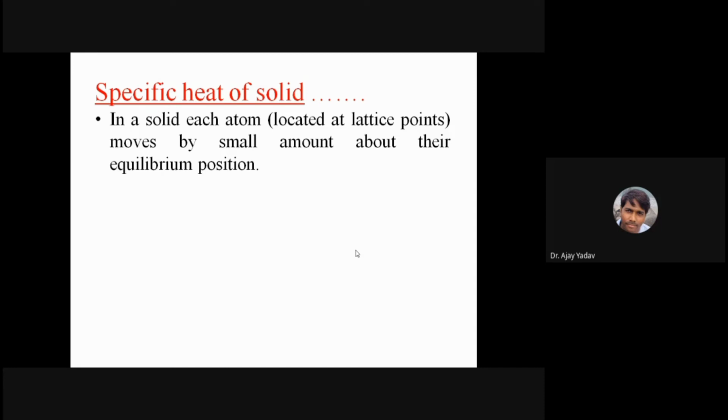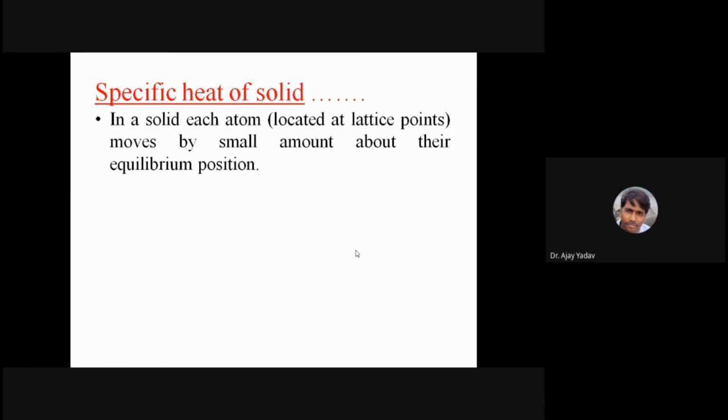So we all are aware of the fact that you take any material, any solid sample you take, it consists of a large number of atoms. Okay, and all these atoms, their arrangement is kind of periodic. Okay, are you getting my point? So a solid sample, if you take, it consists of a large number of atoms. All the atoms are placed periodically. Their arrangement is not random. In case of solid, they are placed periodically. Am I right? Are you getting my point?